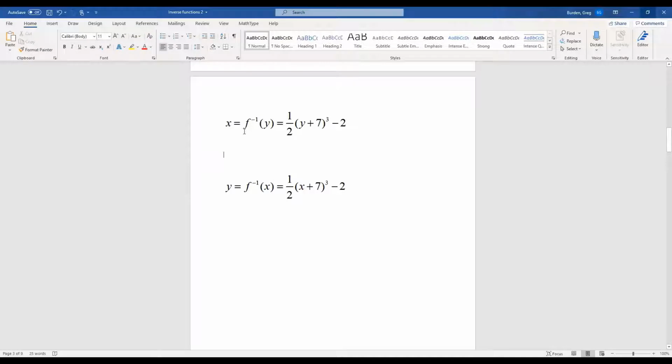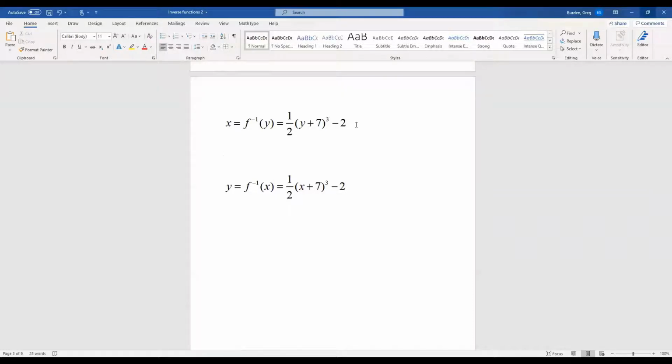The f inverse is just representing the fact that we had a previous function that we were calling f, and the inverse function relates this to that f. Well, this is logically correct, true, reasonable, and all that good stuff. However, we're going to do something which is not logically true, reasonable, and correct,